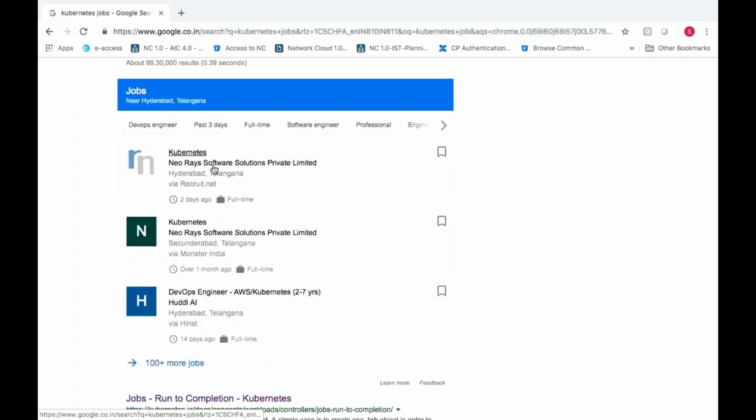See like Kubernetes new race software solution private limited. New race software private limited.